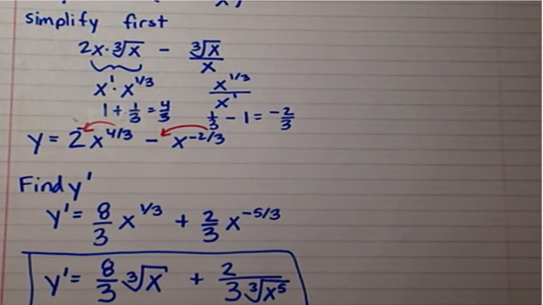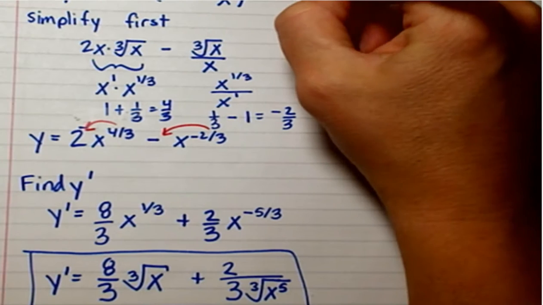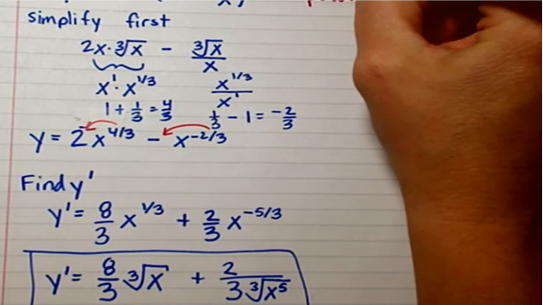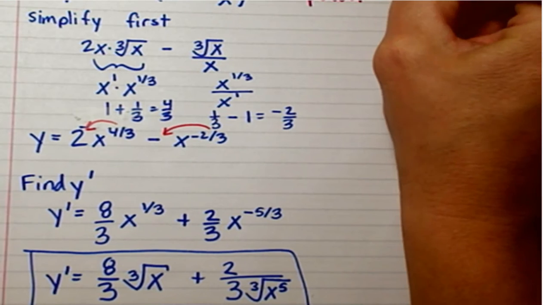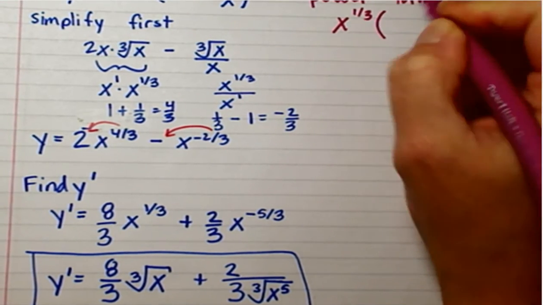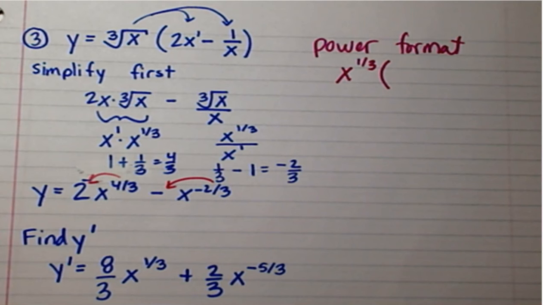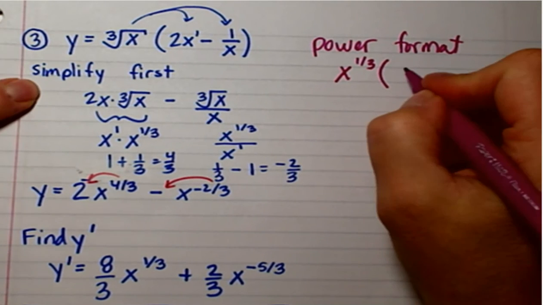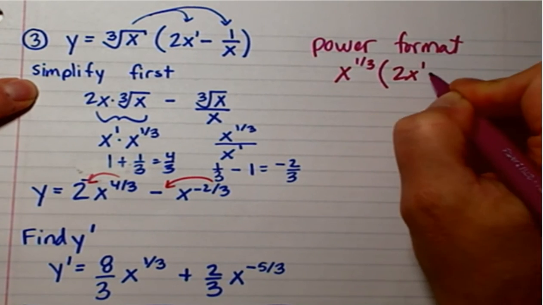There is a choice, I'm just going to show you. What if you think of your power format before you start doing anything, just to see what you've got? So 2x to the 1st,